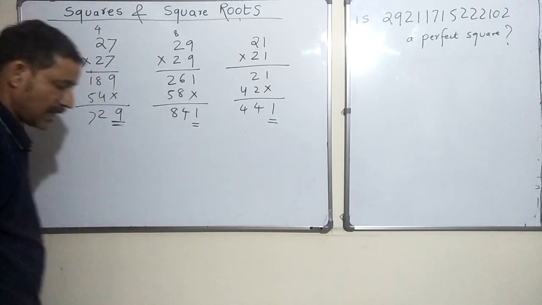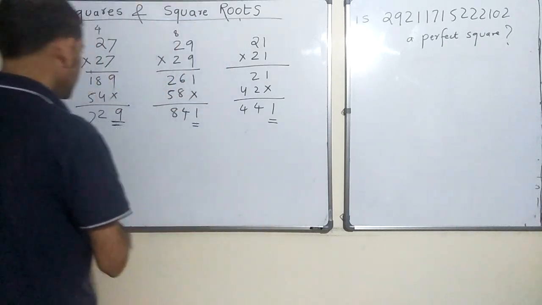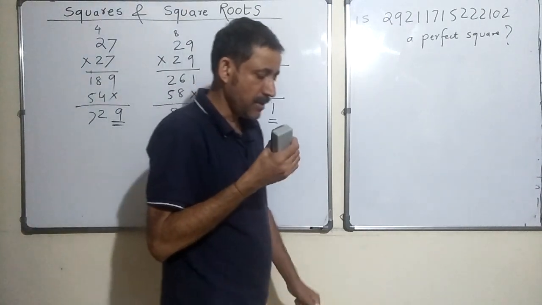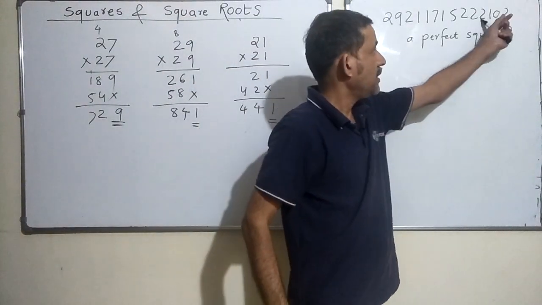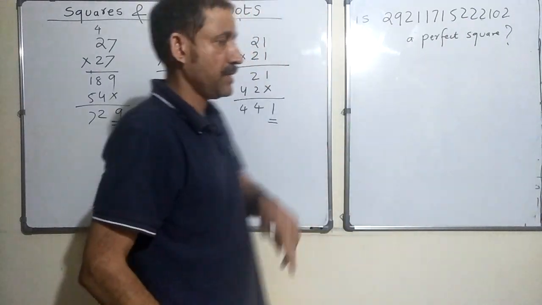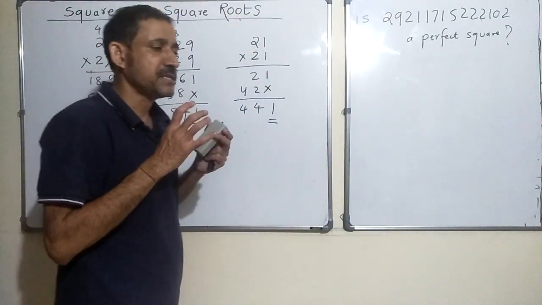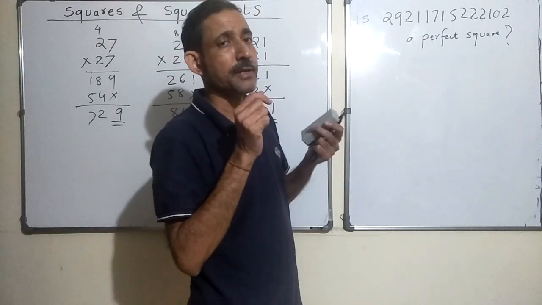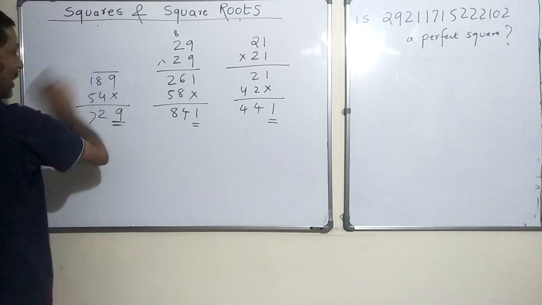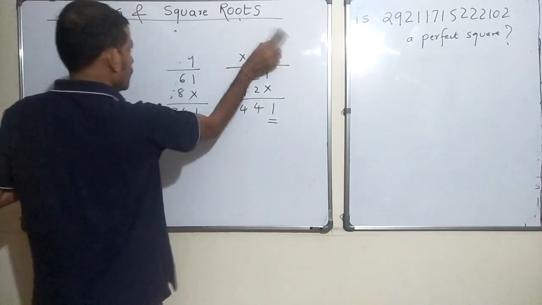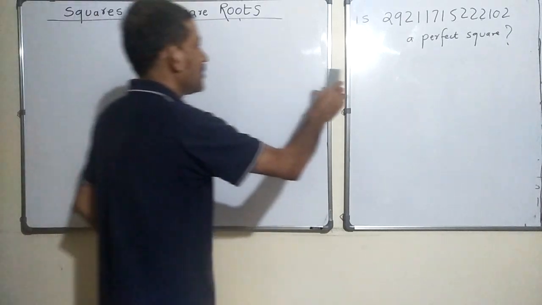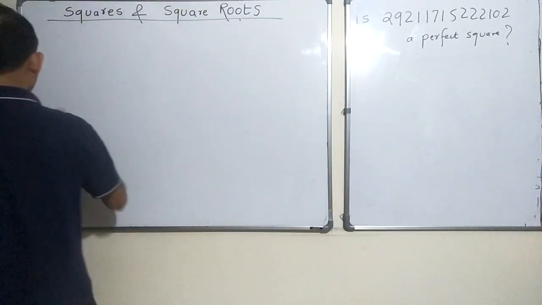Correct, no? So that way, let's see what are the possible digits in the units place if a number is a perfect square. Okay, so if a number is a perfect square, what are the possible digits one can get in the units place, right? So I hope you understood this. So I am going to build up on this theory.